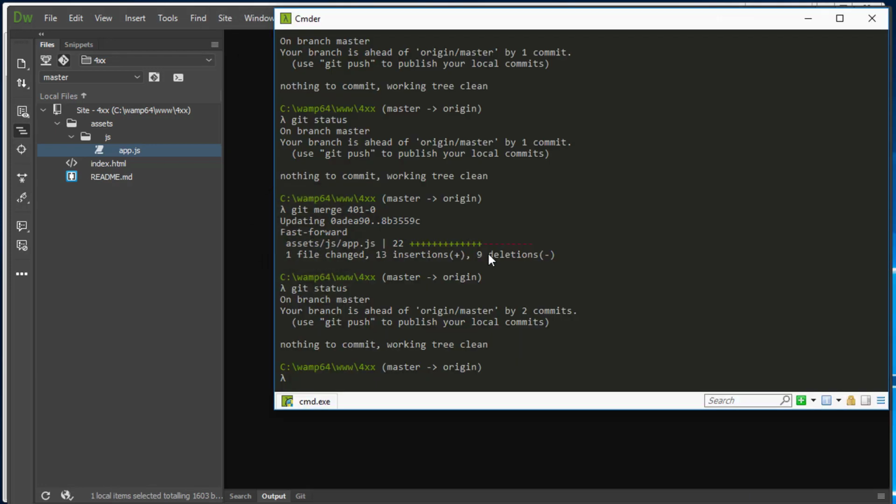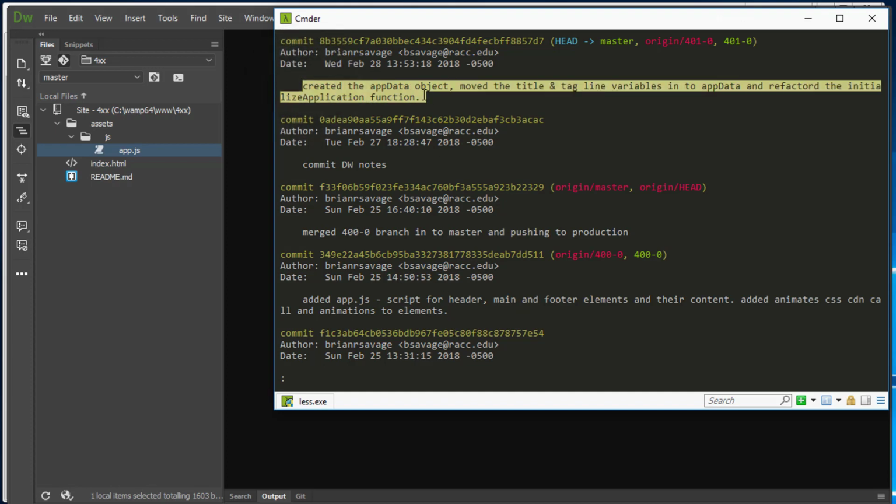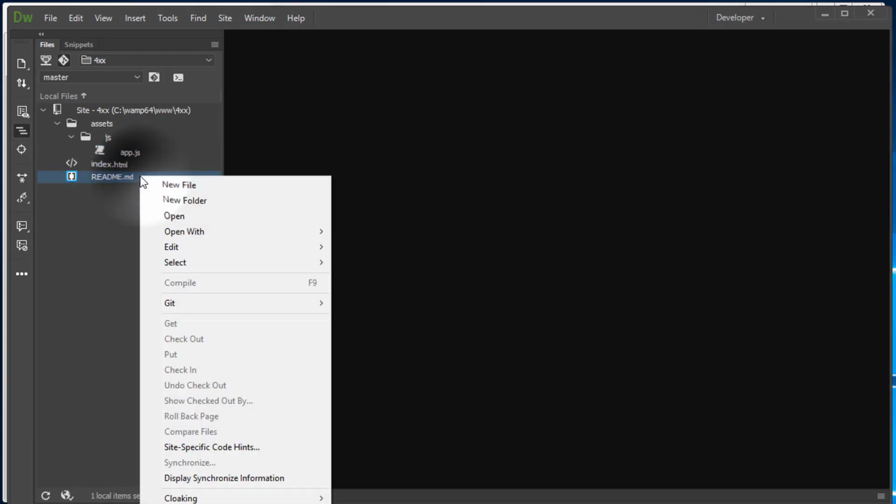If we come out and we do a git log, and the reason I'm doing the git log is what I'm looking for is to just grab that information that I logged there, and I'm going to copy it, because now we're going to go over to Dreamweaver. We're going to right click on our readme file. We're going to say open with